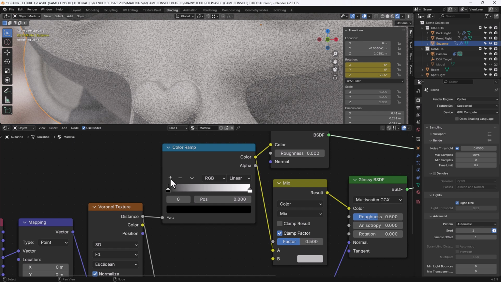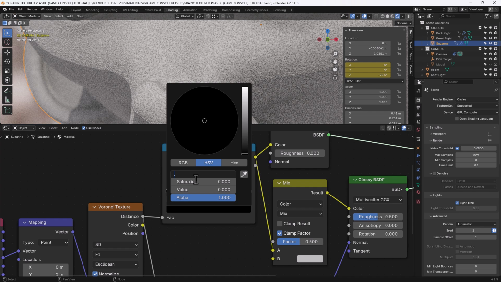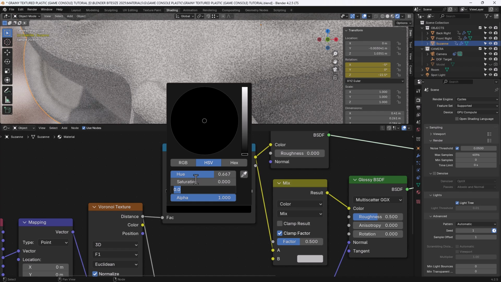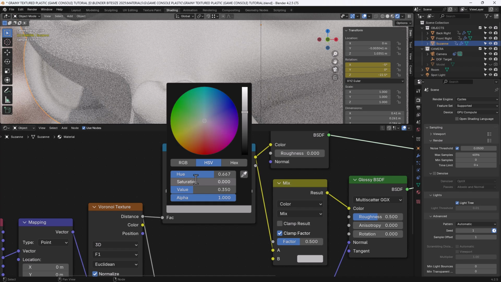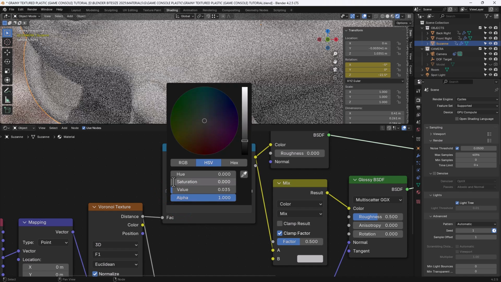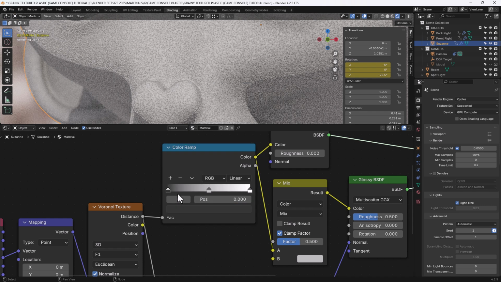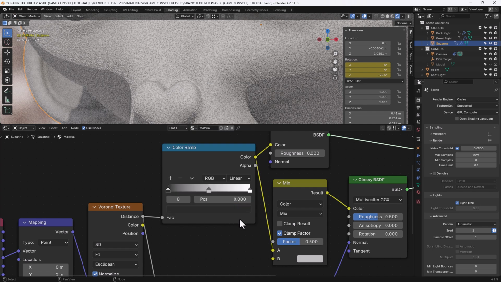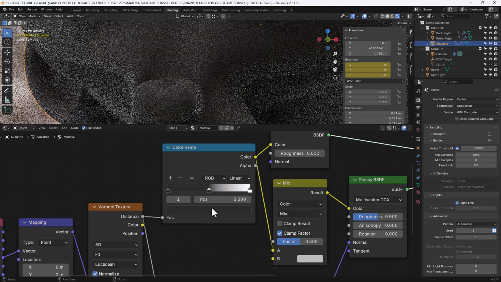So on the colour ramp, we're going to apply a third colour right in the middle. And for this colour, we're going to go for a hue of 0.667 and a value of 0.035. There we go. That's better. In fact, actually, I might drop it down a bit more. 0.025. Now, if I move my cursor over this colour bar, press Ctrl C, select the next colour and the